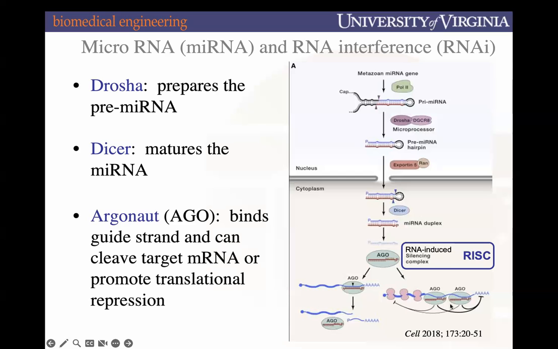Another alternative option is if there's less complementarity between the microRNA and the mRNA transcript, if there's less base pairing, it's going to promote translational repression. It's going to stop ribosomes from going down the mRNA transcript and inhibit translation of those regions that it's targeting here. And so we have our three key enzymes that I want you to take note of here: Drosha, Dicer, and Argonaute. Argonaute with the microRNA forms RISC, the RNA-induced silencing complex. And we can either have strong base pairing that promotes cleaving and degradation, or less tight pairing that will repress